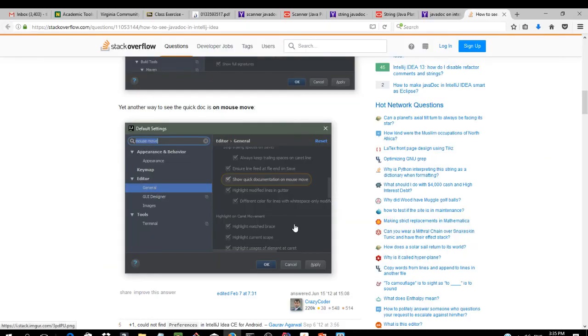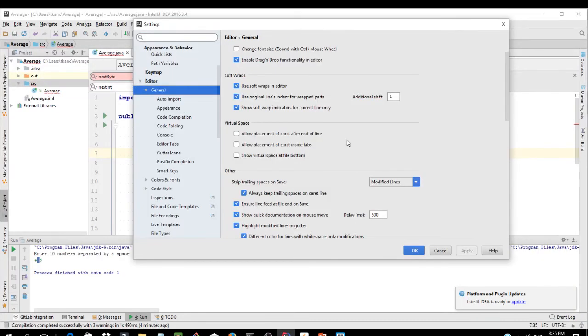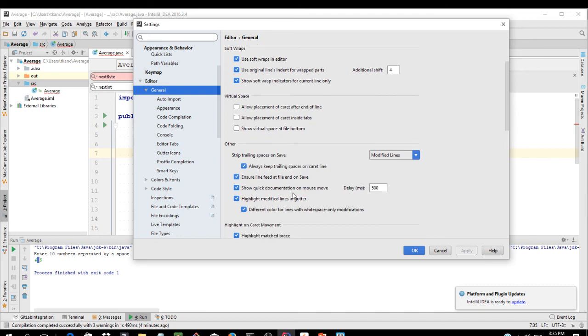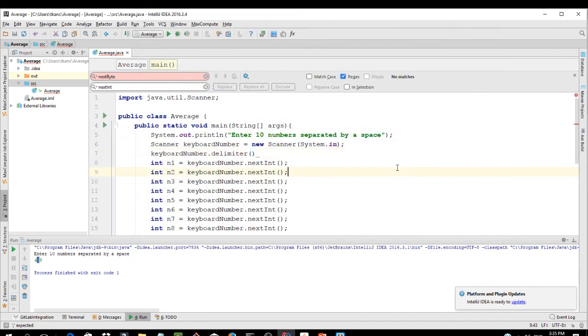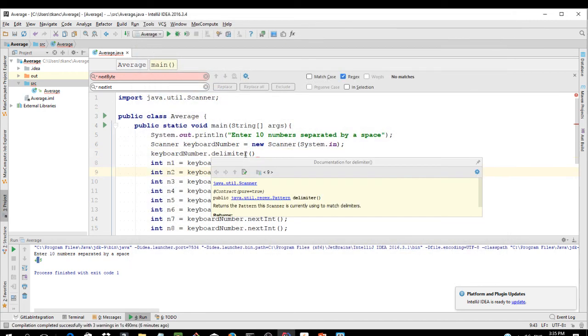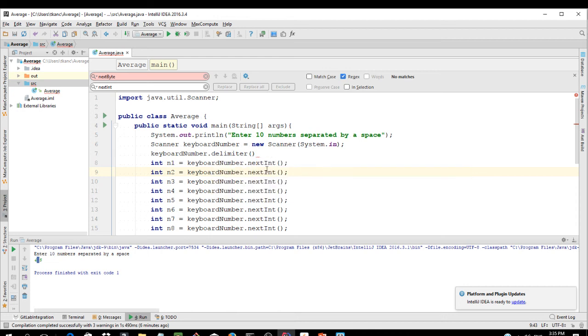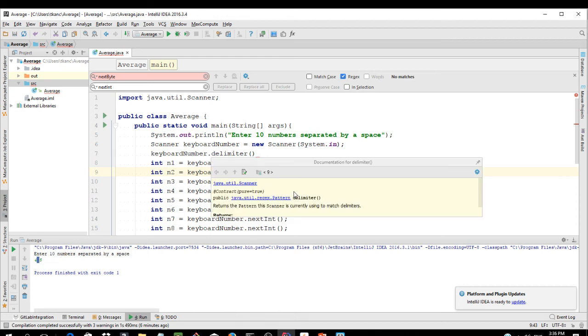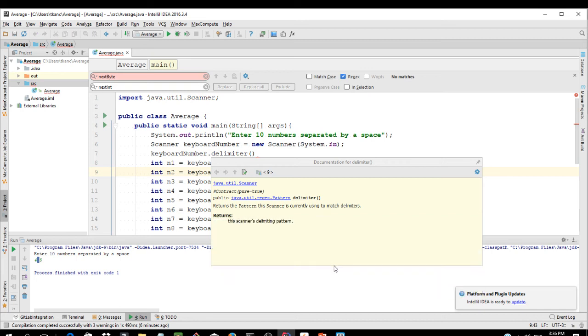Let me see, under edit, show quick documentation on mouse move. Here you have to check that, and then you will be able to see the Java doc right there, right? Documentation, that's it, the documentation on mouse move. Just set those two, and now